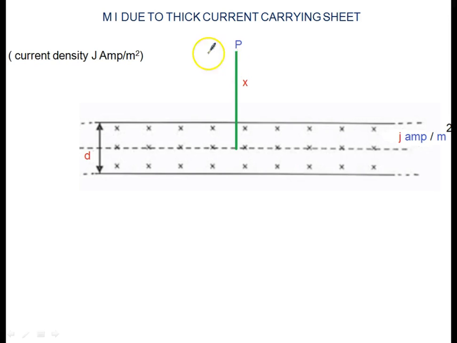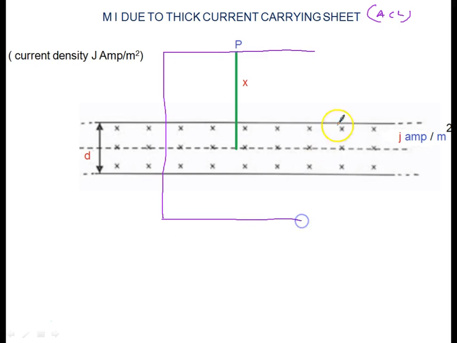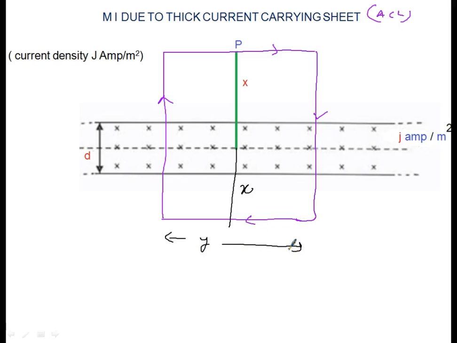Now just listen. Firstly, the first condition, when we have to use the Ampere law, we want the Amperian closed surface which should pass through point P. So again I choose a rectangle, because in the rectangle it is easy to calculate, either theta will be 0 degrees or 90 degrees. So that is easy for me. Okay, and suppose I am moving like this in any direction, and again I will say, due to symmetry, this distance from the axis should be x, and I assume this distance is y.